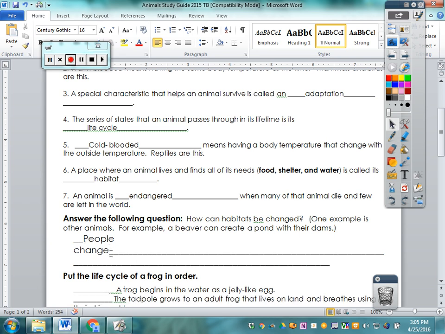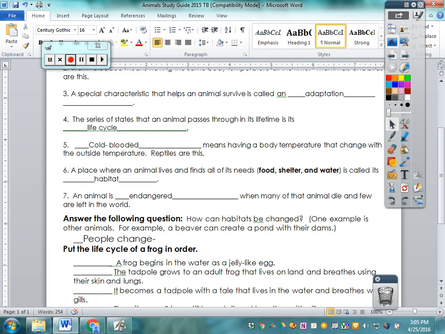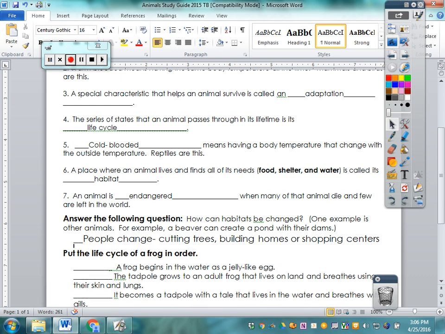People change habitats. One way that people change is cutting trees. And you need to be able to tell how people change. Building houses. Building homes or shopping centers. All these things can change the habitat. That's one way. And a second way that